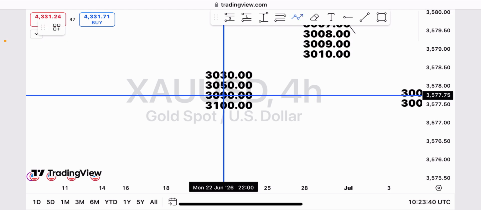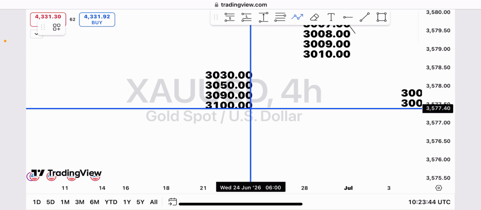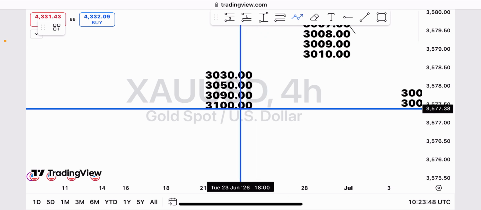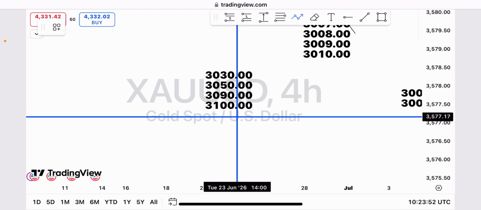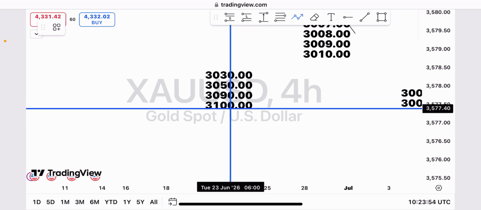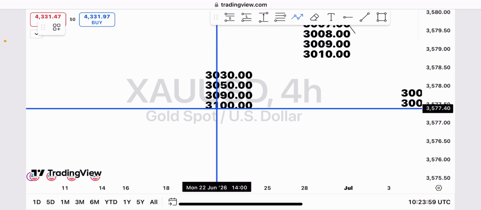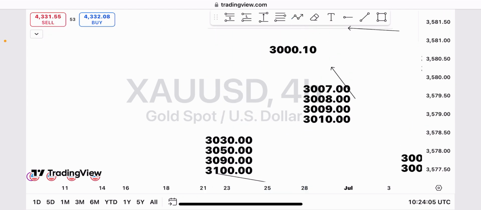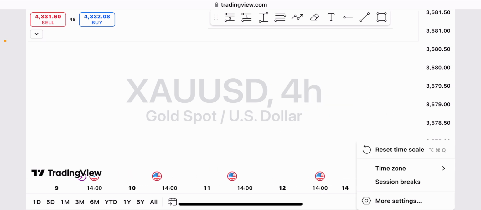So, like I said, this is your pipette. 10 pipettes give you a pip. Now this is your pipette, your pip. This is your 10 pips. Here, this is your 100 pips, and this is your 1000 pips. That is how the calculation on gold works, and it also applies to all other